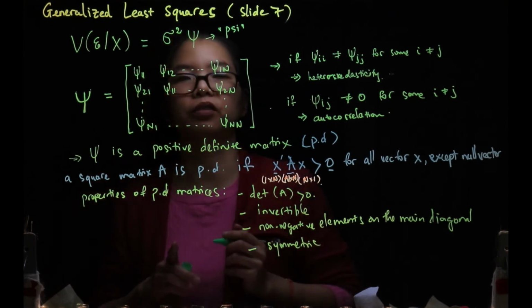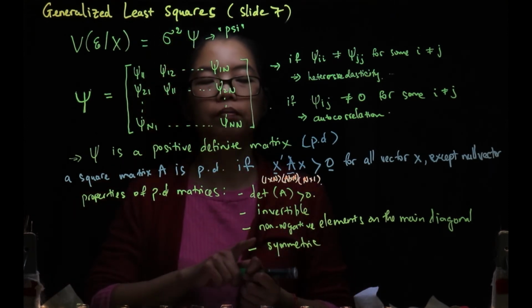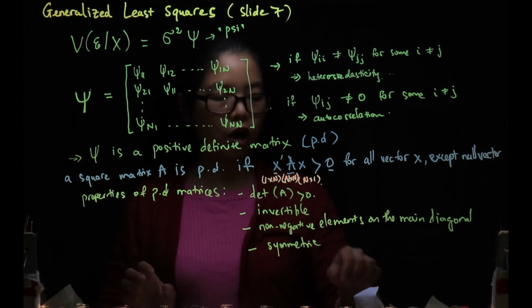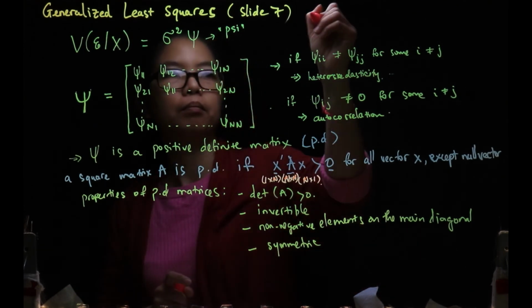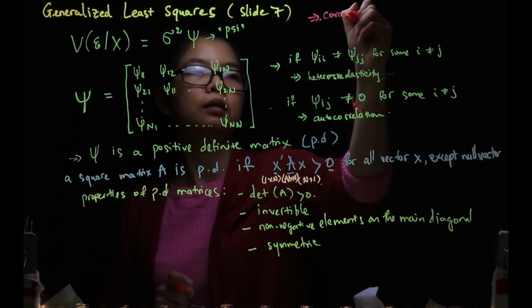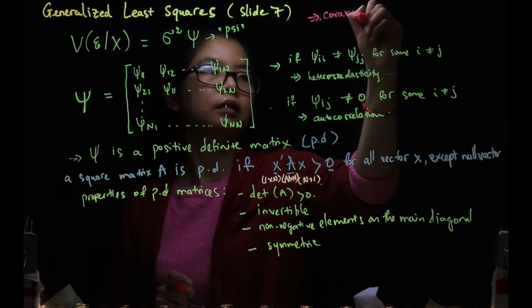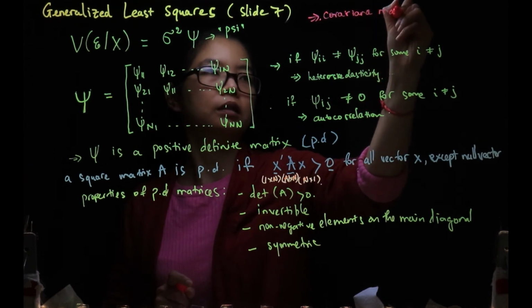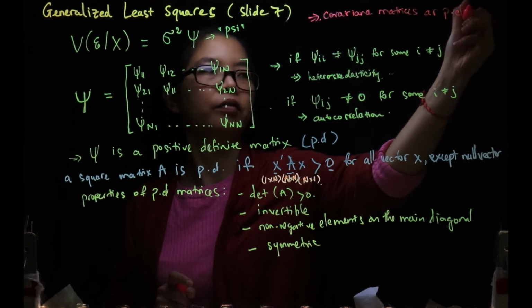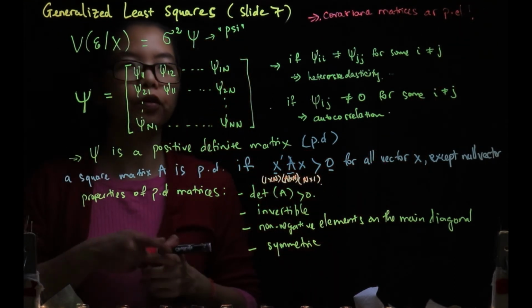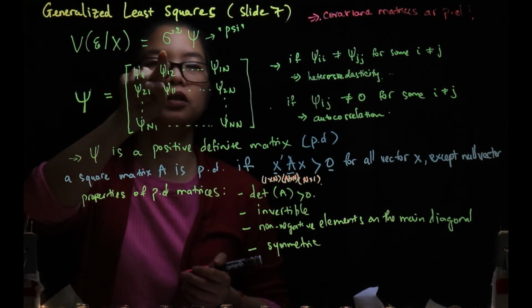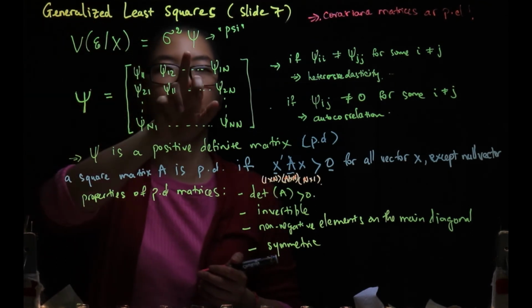That is hopefully familiar to you. No? So from this definition, by construction, variance covariance matrices are positive definite. Therefore, if you factor out just a common factor sigma squared, positive, out of the matrix, the